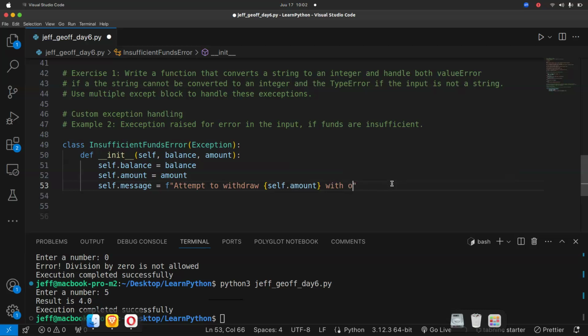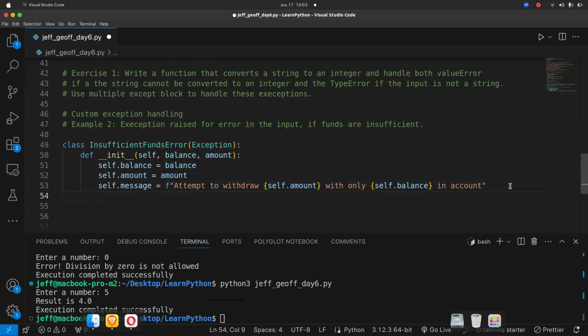Amount with only, and then self.balance in account. That is what you have in your account. Hopefully we don't have any error. But if you have any error, we'll try to check it.